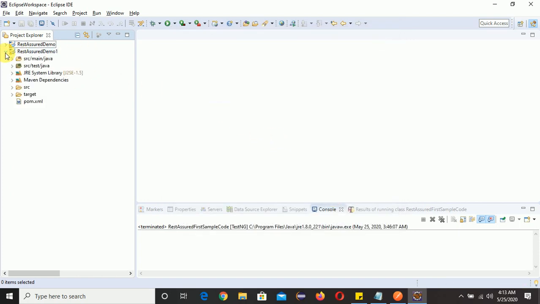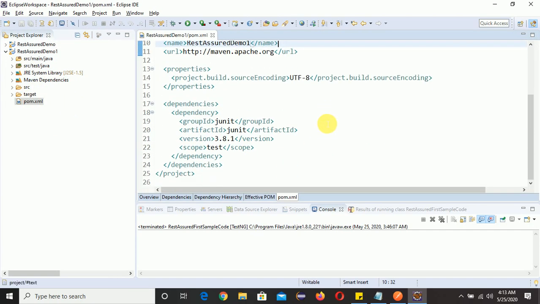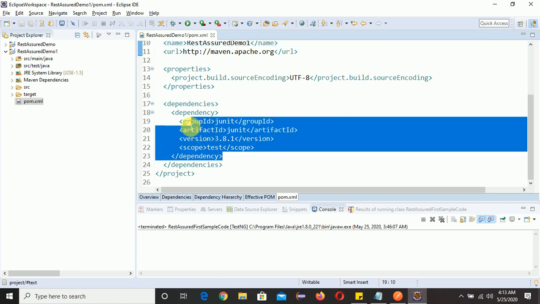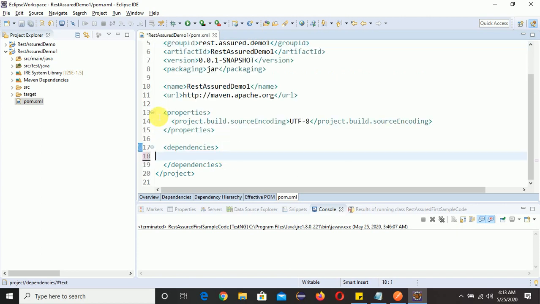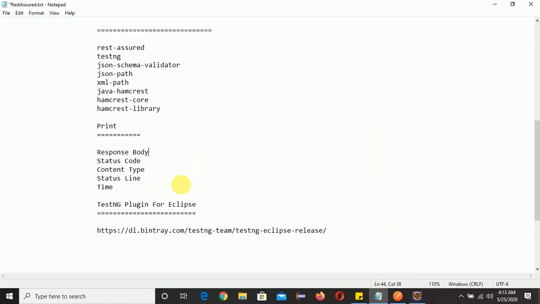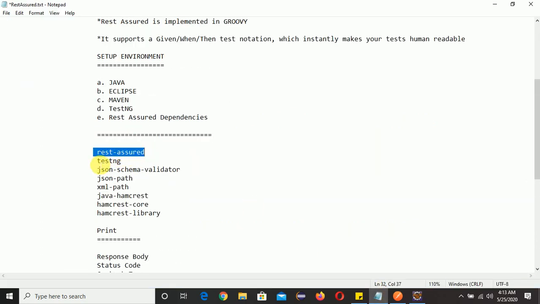So just click here and go to pom.xml, and you will find by default JUnit dependencies are there. But we need TestNG, right? So we will remove this one and we need to add these two, RestAssured and TestNG.